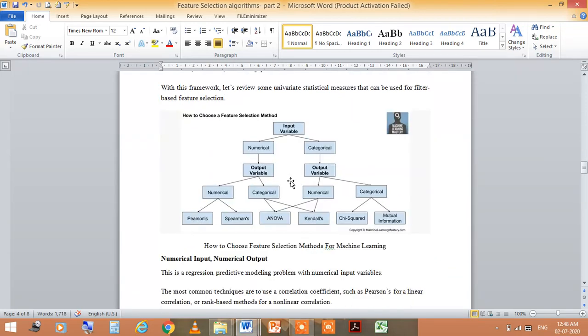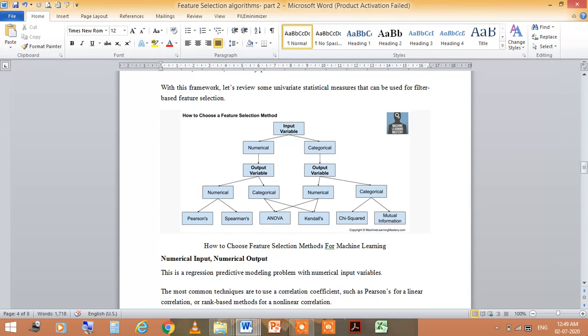So you see in this diagram how to choose a feature selection method. This is the input variable. This is categorized into numerical and categorical. For this numerical and categorical input we get the output variables, and these output variables may further be categorized into numerical or categorical.